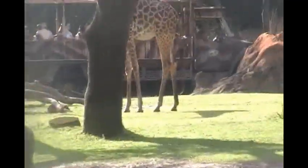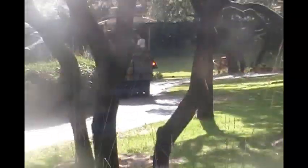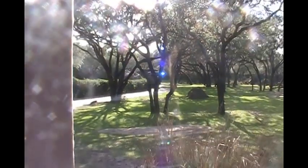Giraffes do have 18-inch long prehensile tongues to help them pluck leaves off of trees. That is pretty much how they spend the majority of their day. Just eating. Now they will eat up to 75 pounds of food per day. On top of being 18 inches long, their tongues are a dark purple color. That is to help prevent sunburn because their tongues do spend so much time out of their mouths collecting those